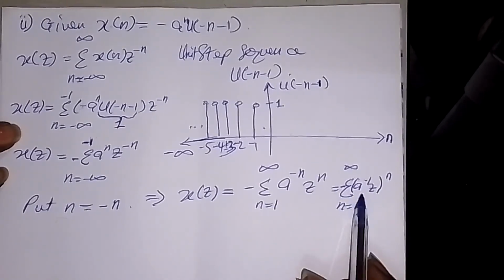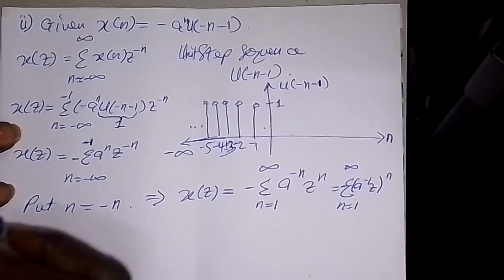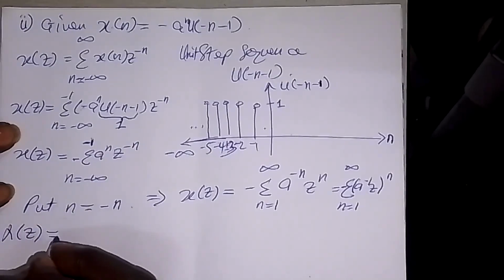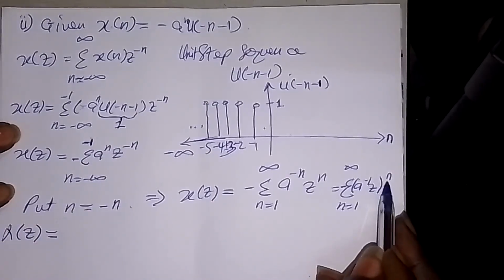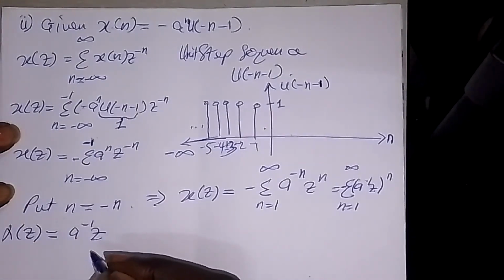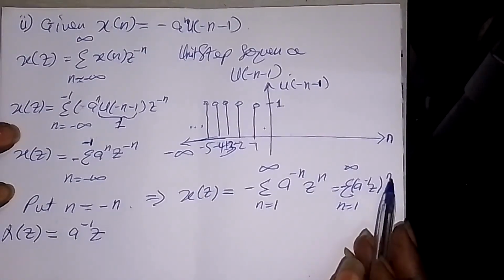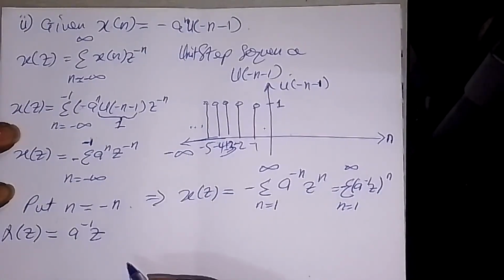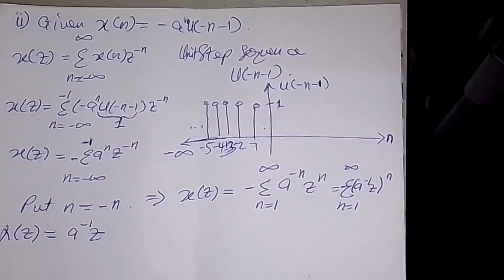So now what I'm going to do is write the expansion for this particular summation that I have. It will start from 1, and then it will go to infinity. So now x of z is equal to, if I put 1 here, what do I get? I'll get a exponent minus 1 z. Now let me put 2 here. If I put 2 there, what I will get is a exponent minus 1,